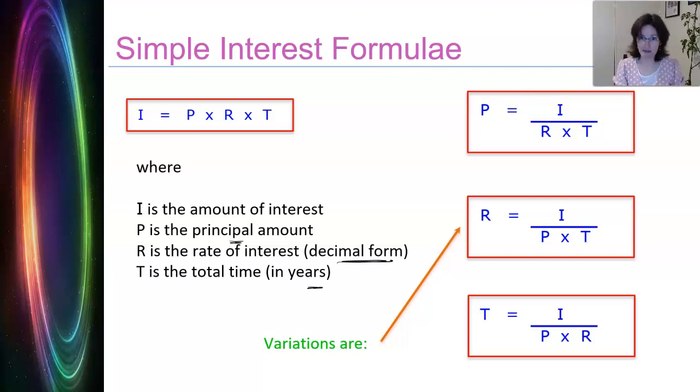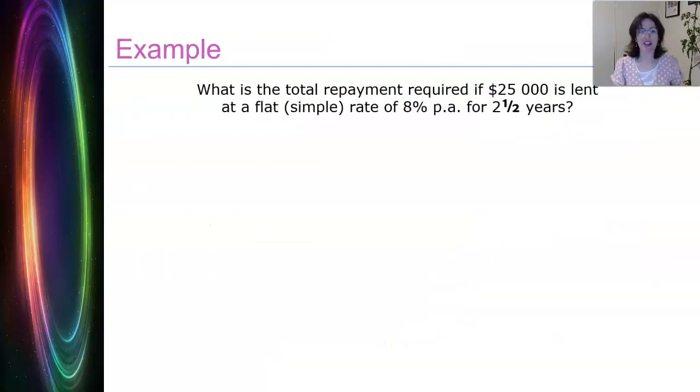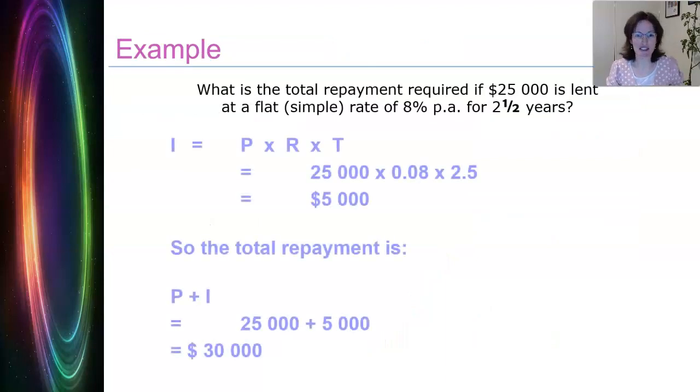time in years. The variations of that formula are, as you can see here, where it's been rearranged to solve for different things, making P the subject, R or T the subject. It's worth writing these down, all the variations, and I'm going to go through an example of each of them with you now. So one example here that's fully worked out for us, first of all, I'll just put it